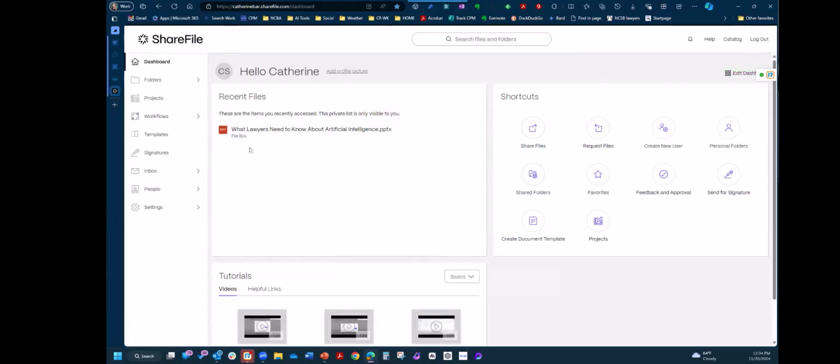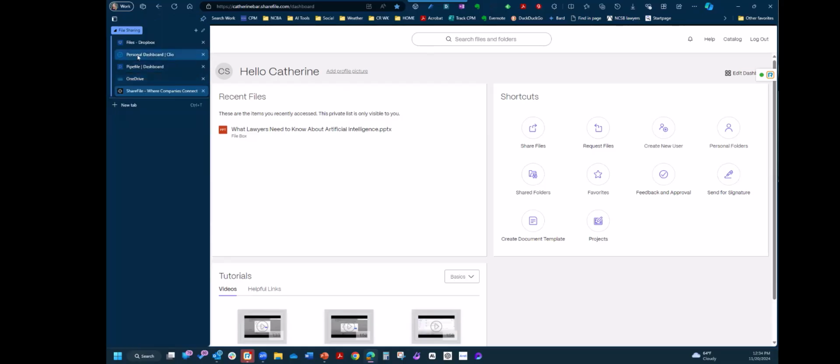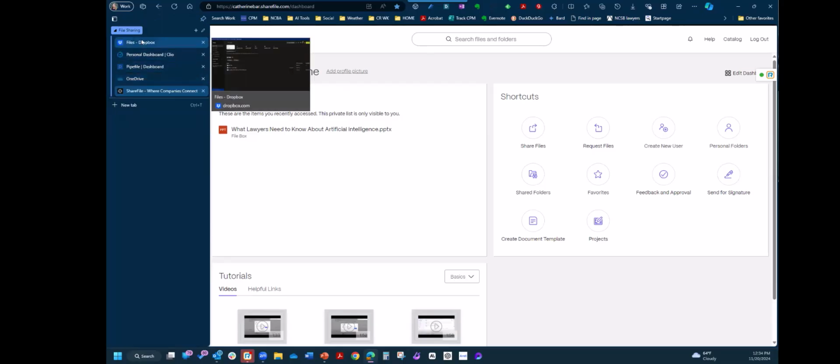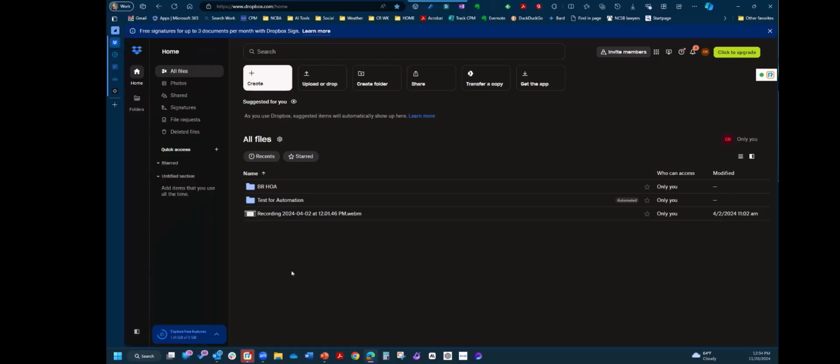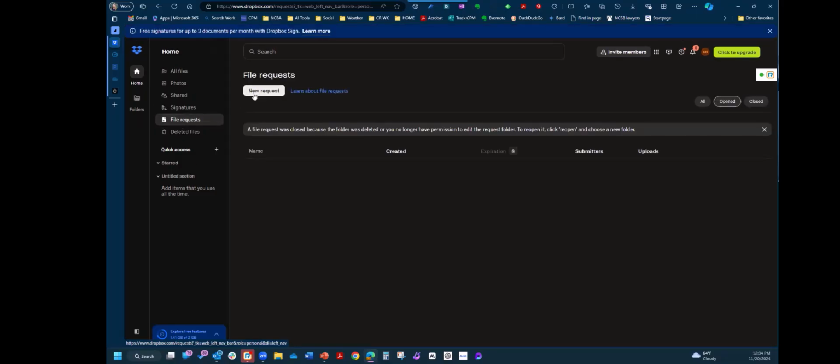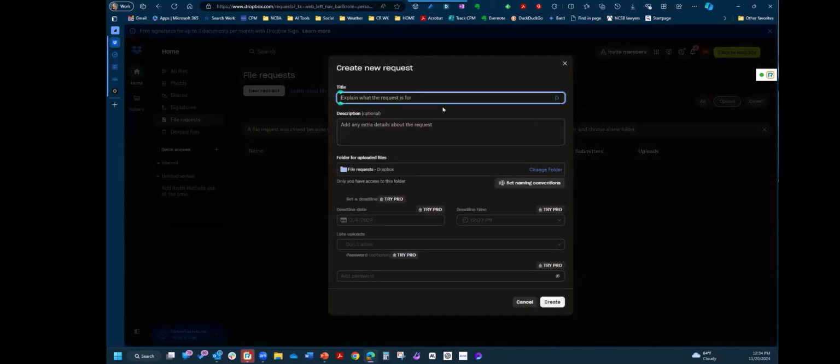It'll basically look just like the OneDrive request. There's obviously a lot of other things you can do with ShareFile, which we're not going to go into today, but that's another easy way. A lot of other people are using Dropbox, so I'm going to show you Dropbox, and Dropbox is again super simple. In Dropbox, under the home, there is a big button that says File Request. You click File Request, click New Request,